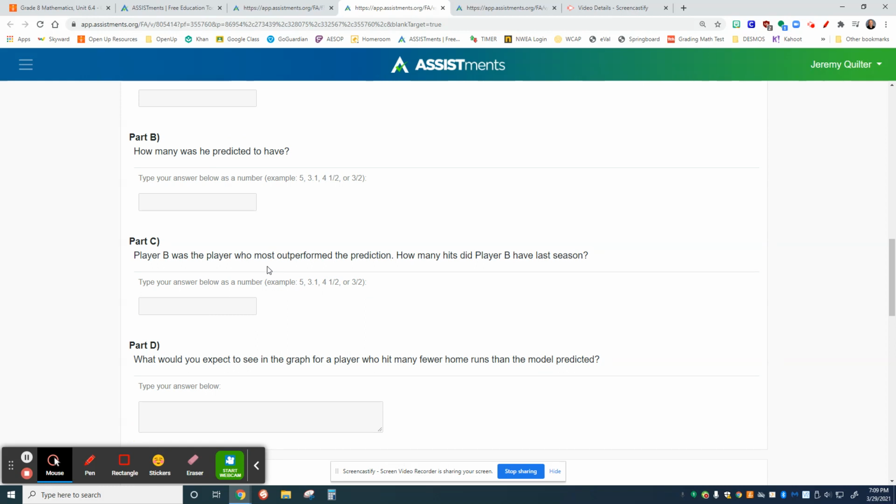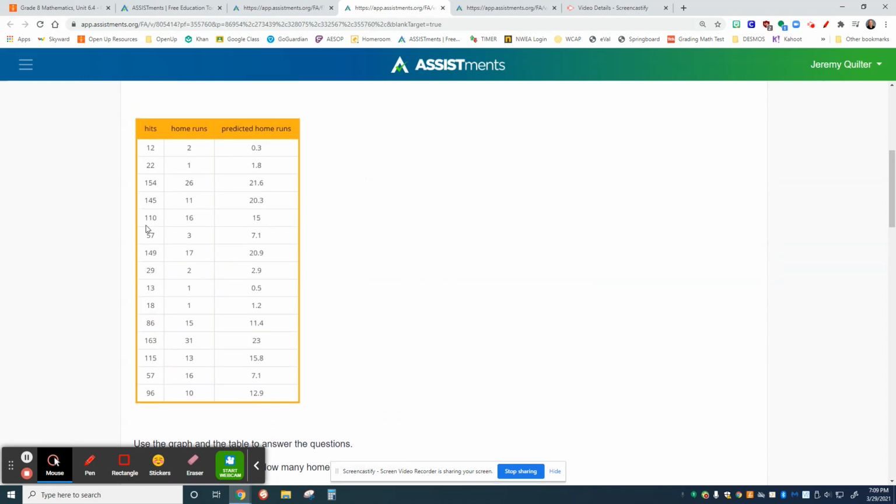Player B was the player who most outperformed the prediction. How many hits did player B have last season? So you're going to have to look through here, and you're going to have to take a look at how many hits they had, how many home runs they had, and their prediction of the home runs. Which one had the highest number of home runs compared to the predicted value? So you're really looking for the over prediction from these values. Which one of these home run numbers is higher than any of the others for the predicted